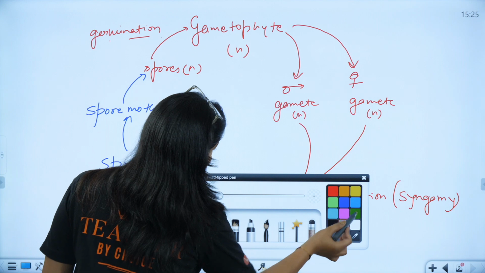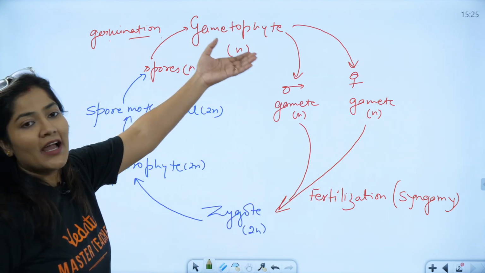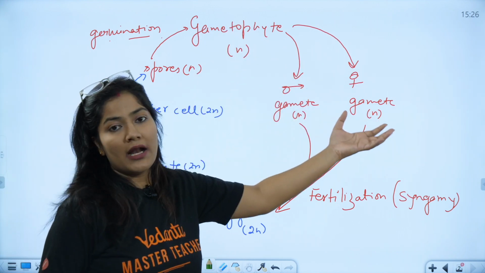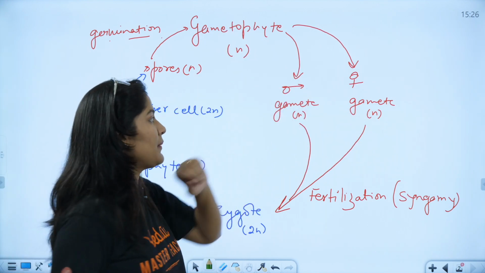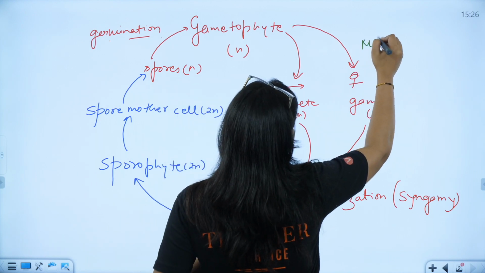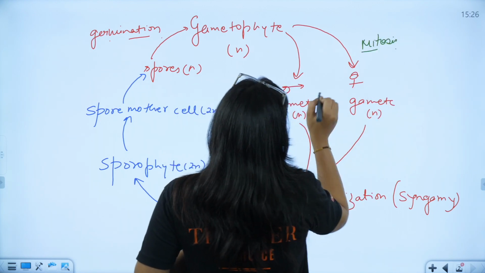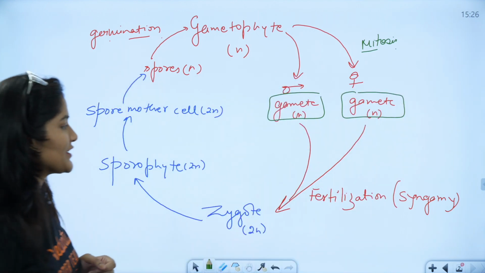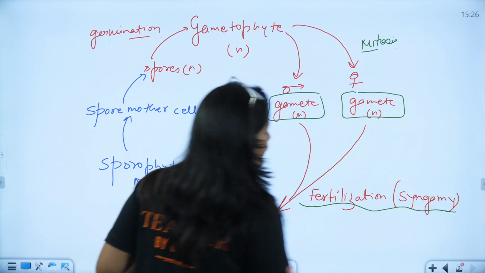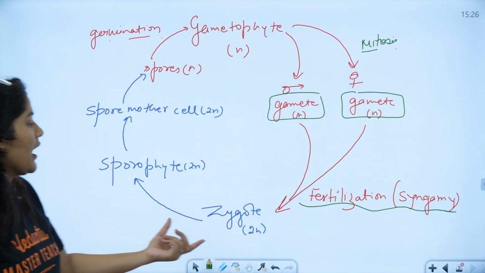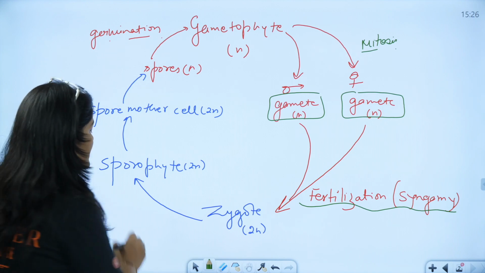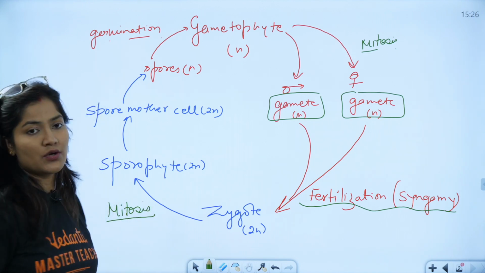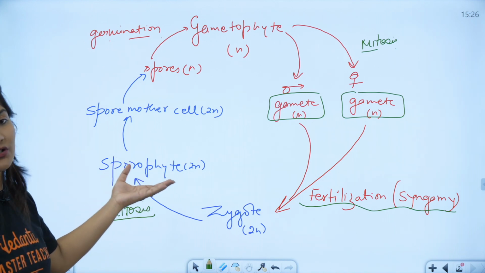Let's understand the type of cell division that will occur. So we have the gametophyte. First of all, we have the gametophyte present. This gametophyte will undergo mitosis, and it will result in formation of your male and female gametes. The male and female gametes will undergo fertilization, also known as syngamy, and it will form your zygote. What will this zygote do? It will undergo mitosis. This zygote is going to show mitosis, and this mitosis will result in the formation of your